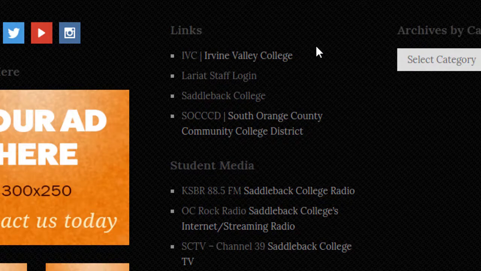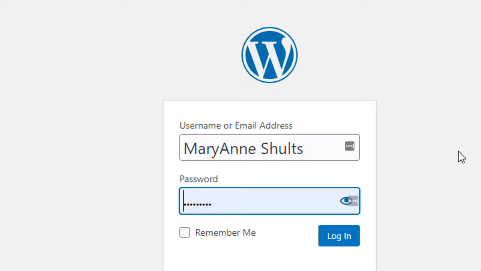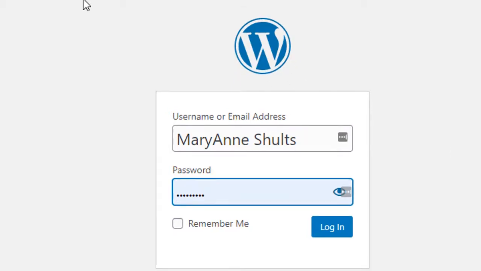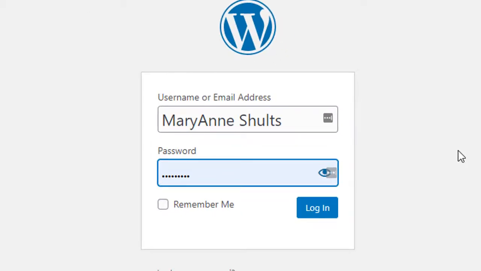This is what's important to you because this is how you'll log into the website. You're going to click here, Lariat Staff Login, and it will take you to this page here. Based on how your account was set up, you will type in either your username or the email address and your password. You can select Remember Me if you're using your own computer, and it will actually make what's called a cookie and store that for you, so the next time you log in you won't have to retype the